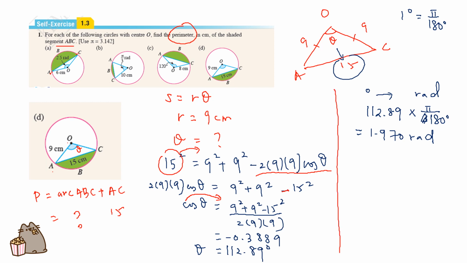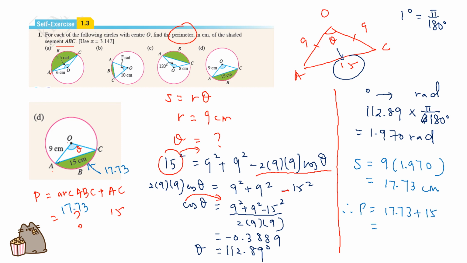After getting the angle in radians, we can substitute here to get the S. R is 9, so 9 times 1.970. We get the arc length now, which is 17.73 centimeters. The perimeter is what we are going to find. So this is 17.73, and the straight line AC is 15. Finally our perimeter will be 17.73 plus 15, so we get the final answer as 32.73